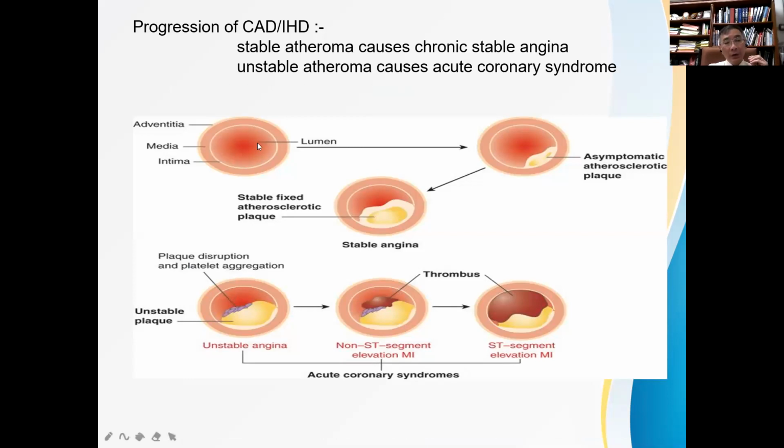So in the ordinary blood vessel, there will be a large lumen and a fairly normal lining to the lumen of the blood vessels. But with age, the atheromatous plaque builds up, and if the atheromatous plaque is stable, it tends to have a thick covering, little inflammation, and little lipid core. On the other hand, an unstable plaque will have a thin covering, often gets disrupted with lipid touching the blood, resulting in platelet aggregation and thrombus formation, because there tends to be a lot of inflammation and lipid-rich particles within